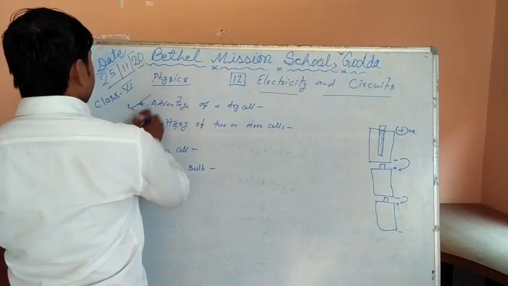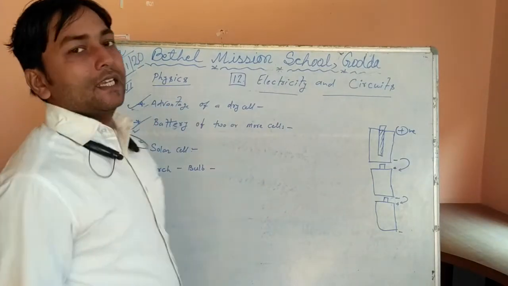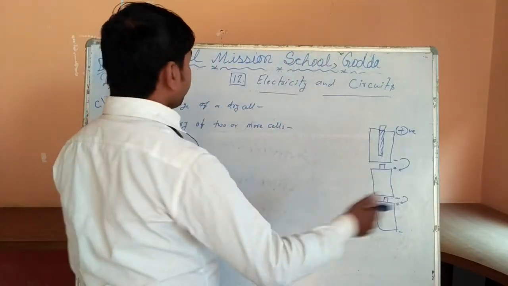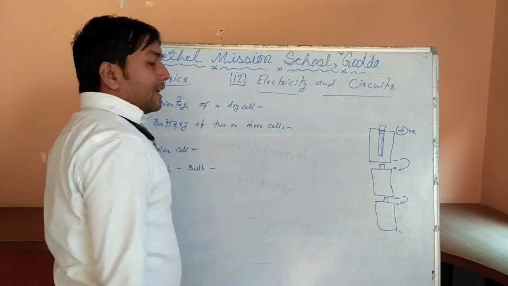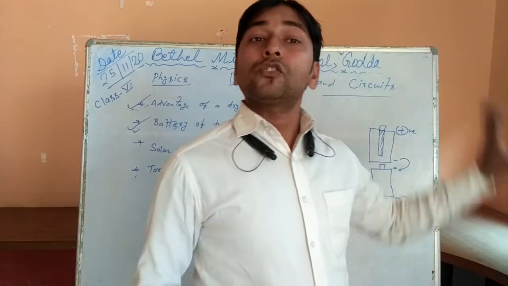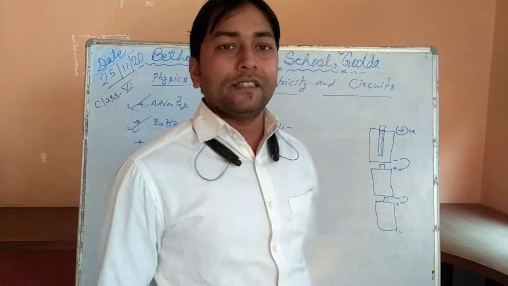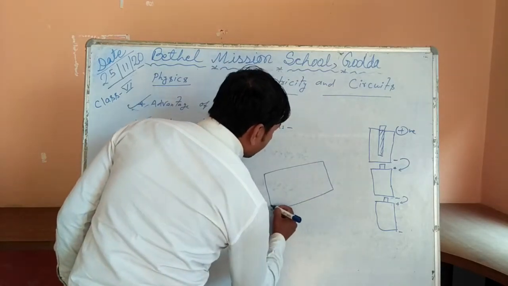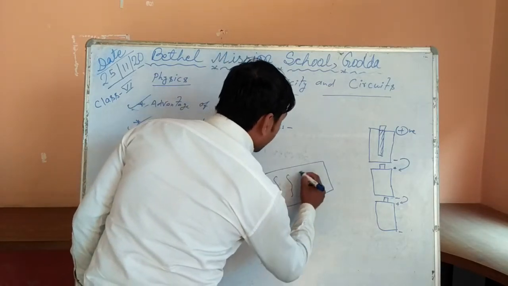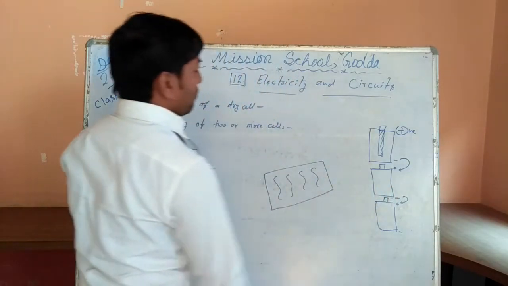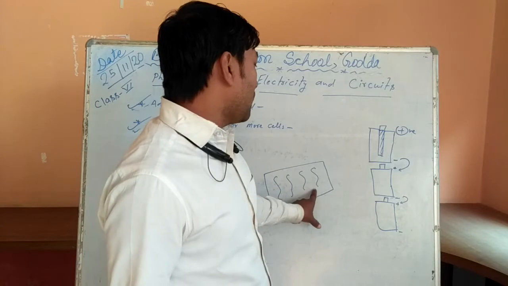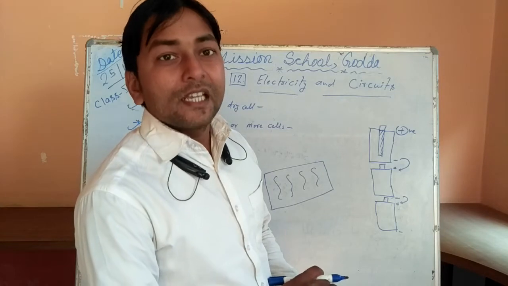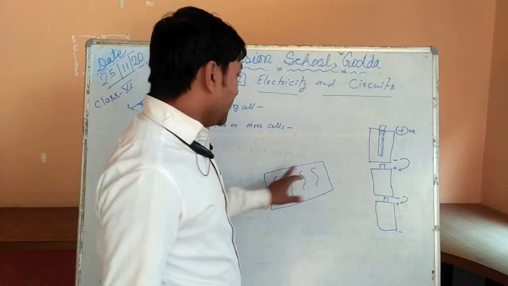Now we have discussed two points. Now, the solar cell. What is a solar cell? Now we learn. A solar cell is an equipment which directly converts solar energy into electricity. It also works at home. If you have a solar panel, you know, there are so many wires connected here, and these wires are made of what? That is made of silicon. What is silicon? Silicon wire.